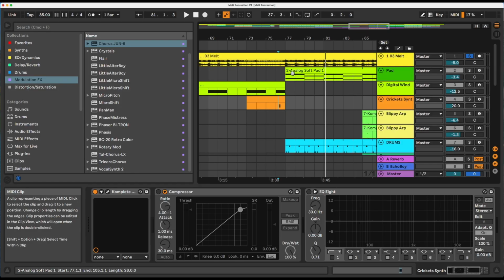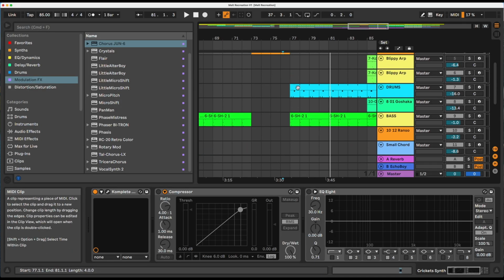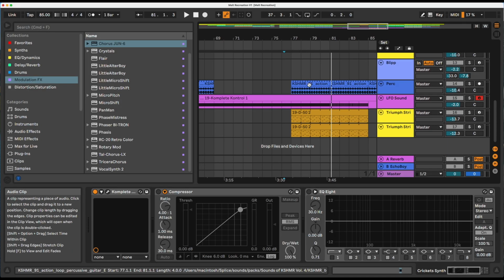Oh, that's amazing. So it's a proper drop, you know. This track doesn't just do one thing, it ebbs and flows. And even though it's like a chill out track, you get a feeling something's definitely happening. So we've got the pad coming in, the bass coming back in, these drums, these hats, the perc, the LFO sound stays in, and then we've got these strings.